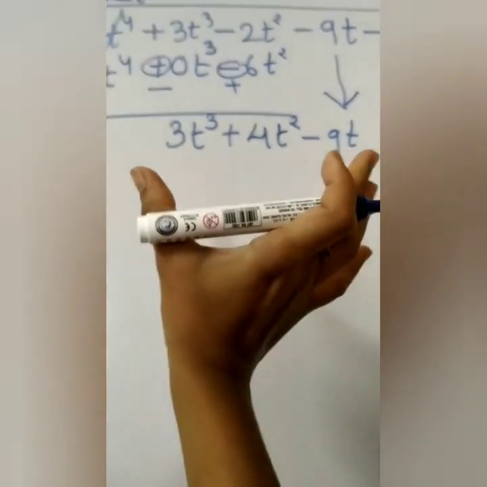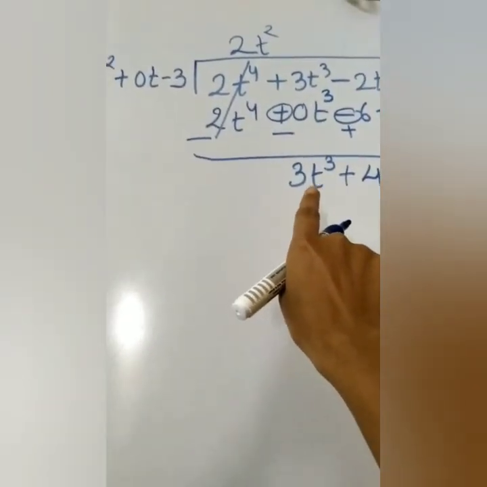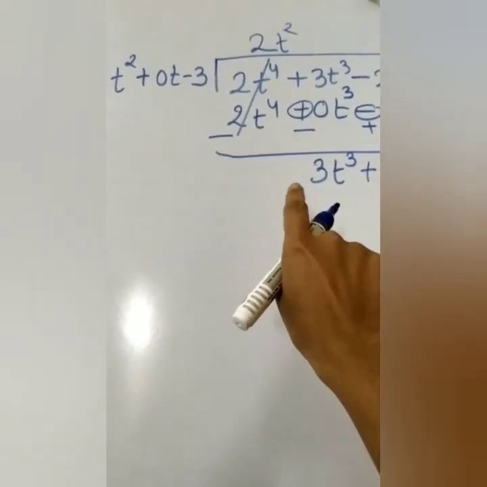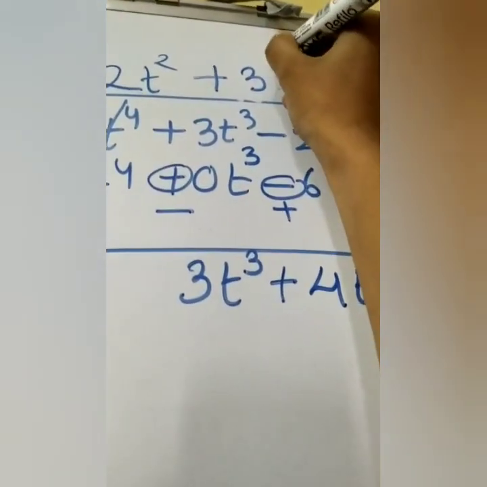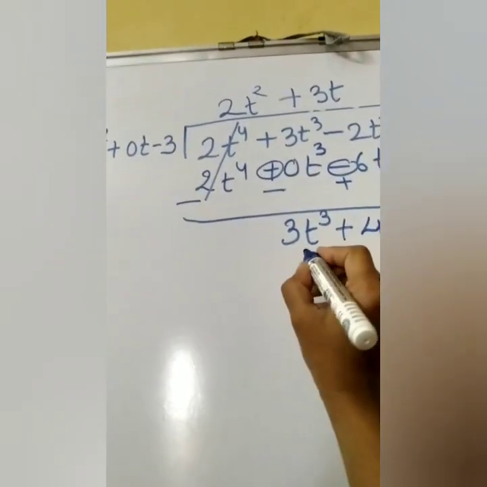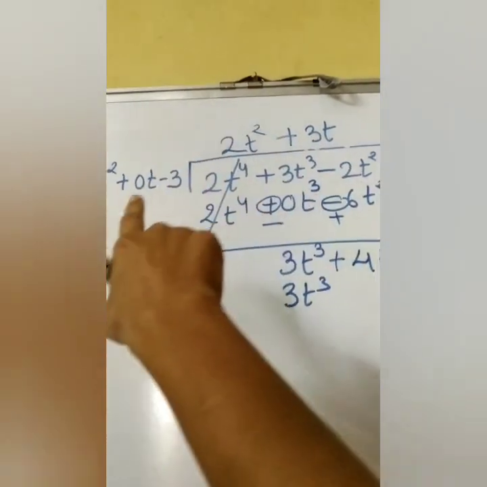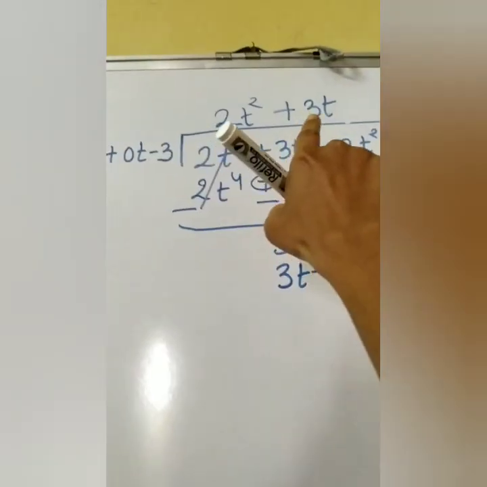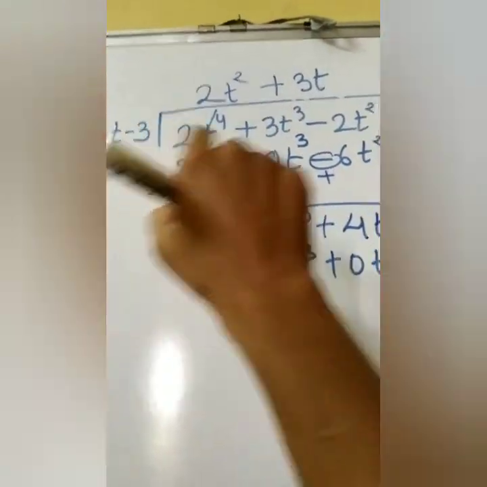So now what do we need? Here we have t square and we want t cube, which means one extra t as well as this 3. And the symbol is plus, so we will write plus 3t. If we multiply 3t with t square, it will become 3t cube. Then multiplying 3t with 0, it will become 0t square. And multiplying plus minus will become minus. 3 3s are 9 and t.